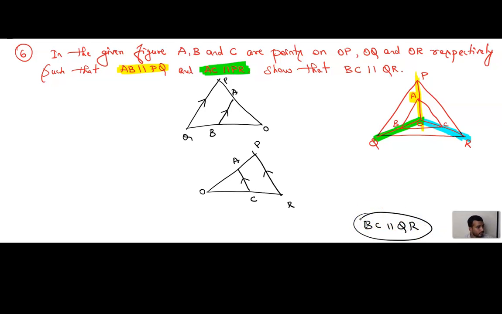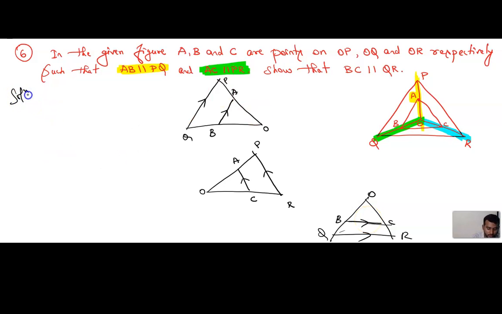Remember this condition. We will make a new figure at the end. We make one new figure for this. If you want, you can draw only a figure for that. BC is parallel to QR. If it is so, how should the figure be? This is BC, and this is QR. If we join these both, it becomes like this. It meets at O. Understood? This is my final figure.